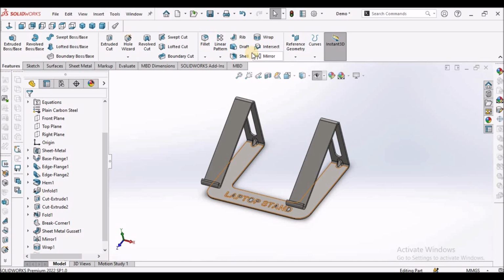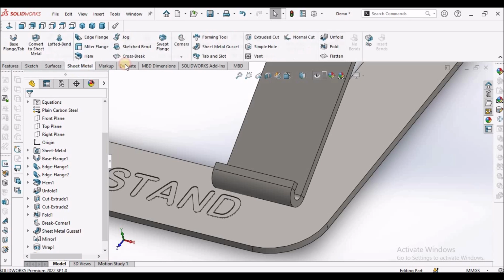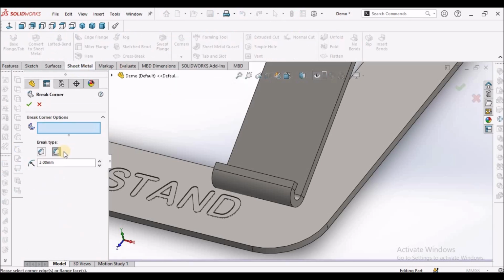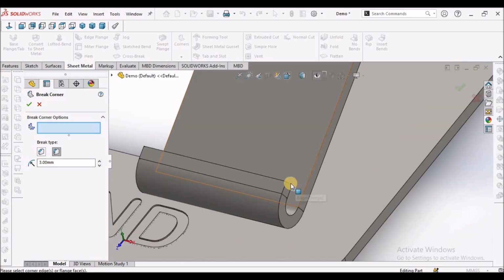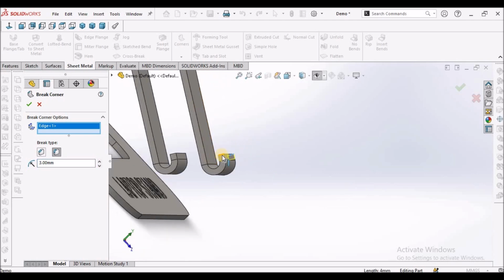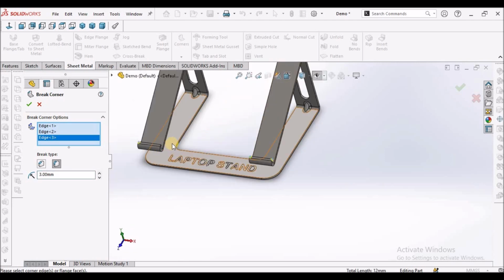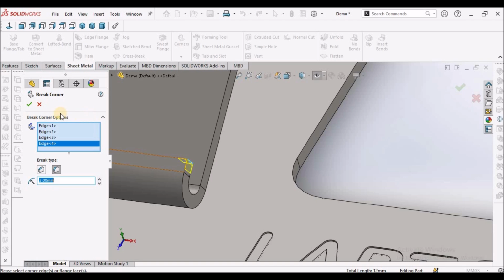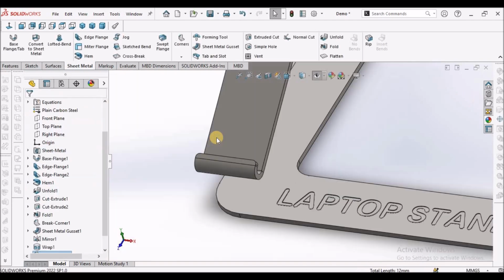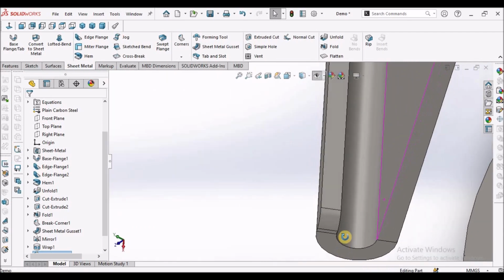Now I am going to apply fillets at these corners, these points. Select the break corner, fillet as 3 mm. Select this corner, this edge, this edge, this. Say OK. See here, it should not be sharp, so we have to apply a fillet